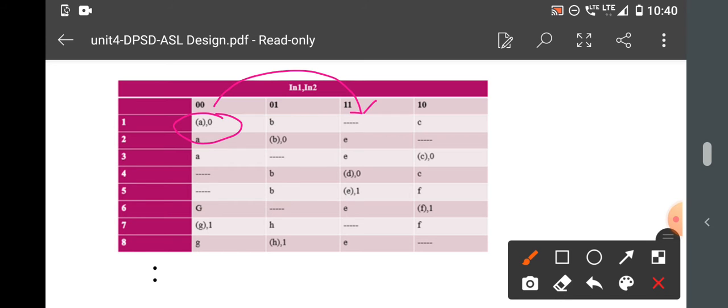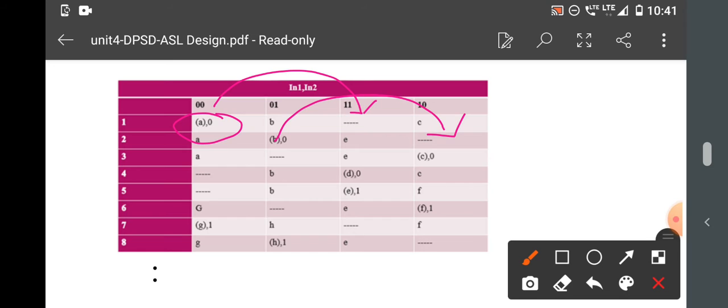Similarly, you can find out the second row: A, B is going to B itself, so it is a stable condition. 0 0 can pass to 1 1, but it cannot go to 1 0. Because from 0 1 to 1 0 is a 2-bit change, therefore dash dash. Similarly, for the third row, it is a 0 1 condition change. It cannot move from 1 0 to 0 1.